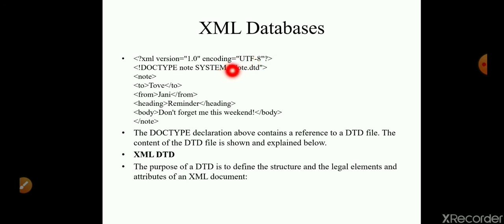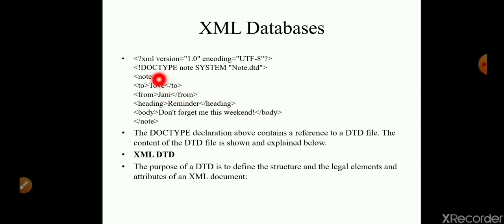It starts with the XML version and encoding. This is the simple example. It starts with the XML version and DOCTYPE note SYSTEM, that is, node.dtd is the file.